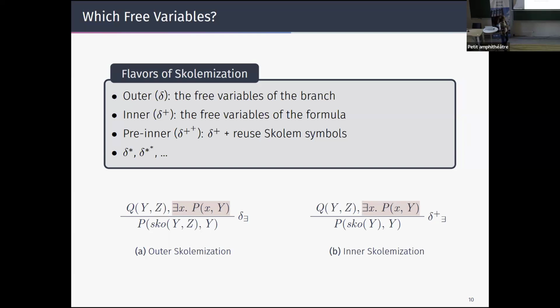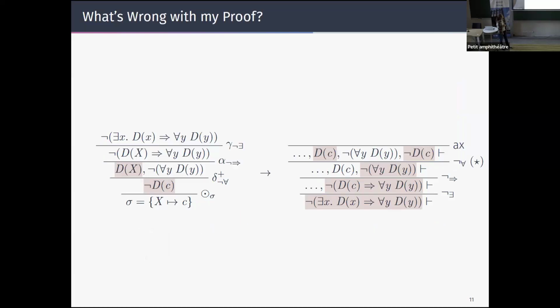These optimizations are very useful in the context of proof search because they allow you to close the branch faster and to have a smaller proof search space, which is what we want when we perform a proof search. But because of that, we cannot translate into GS3 anymore. Good thing, in outer we can translate, so that's fine. But what we want is to be able to perform more advanced Skolemization strategies while still being able to output a proof. And this is,